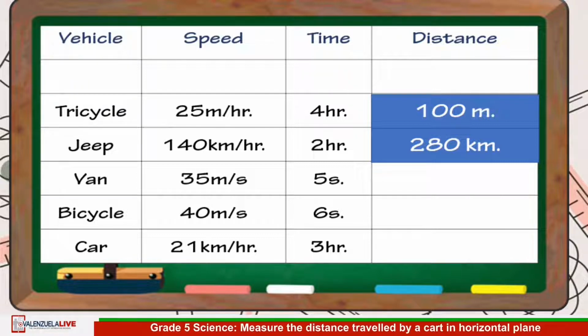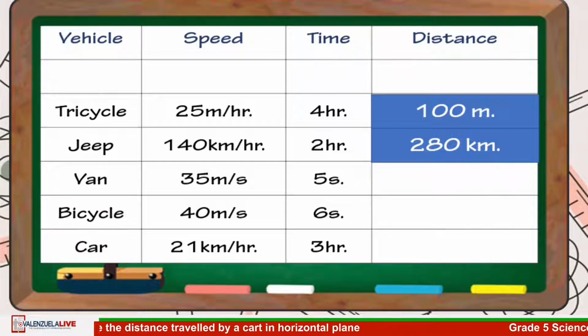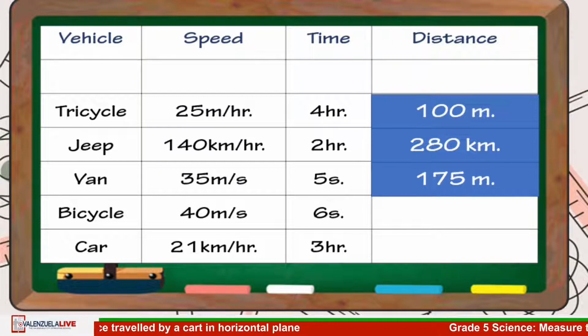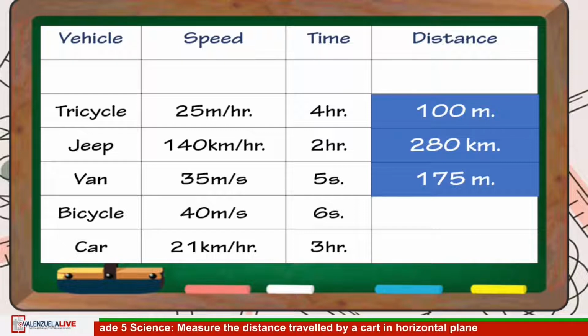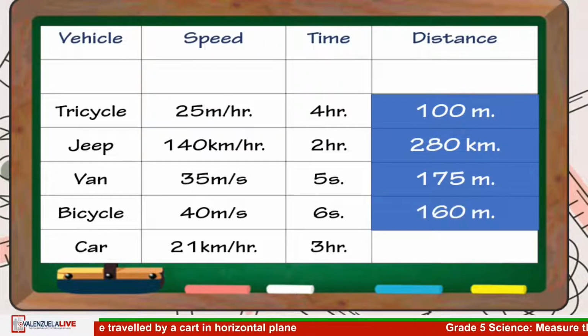seconds? We just simply multiply 35 meters per second times 5 seconds is equal to 175 meters. How about the bicycle that traveled at the speed of 40 meters per second in the time of 6 seconds? We are going to multiply 40 times 6 and it is equal to 160 meters. And lastly,